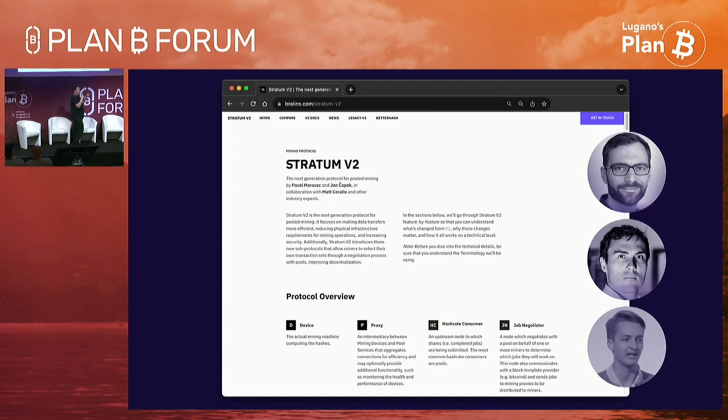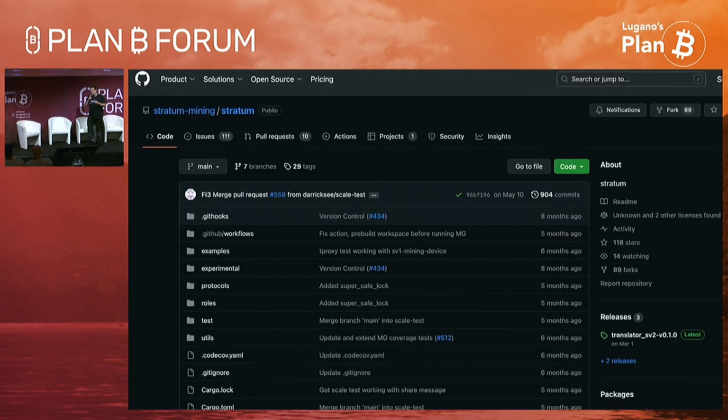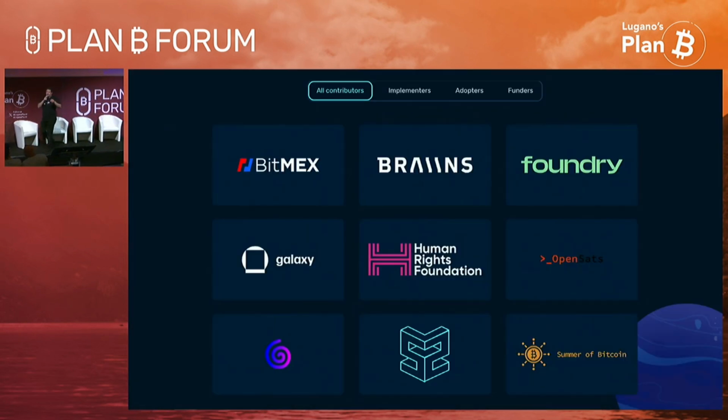Those three guys are the authors of the specification, but as I said, it's open. It's on GitHub, and a lot of parties join in to write the code and fine-tune the specification. So it's open and you should join. In Braiins, we have the implementation ready in our firmware and on our pool.